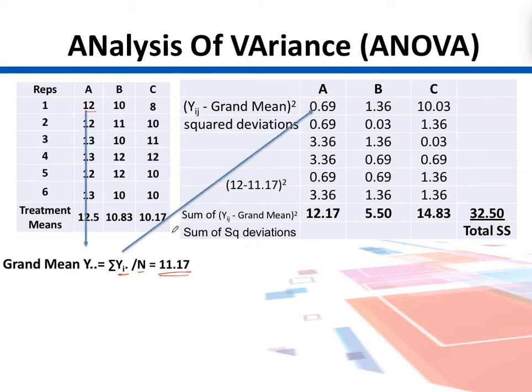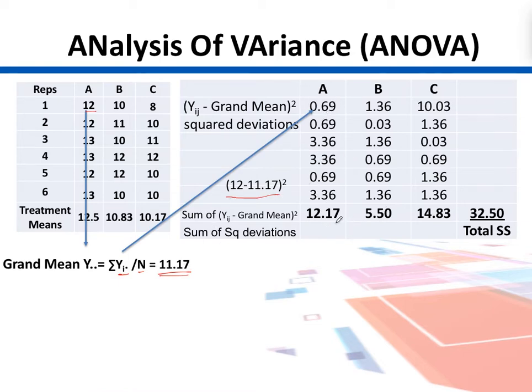So we calculate the deviation of each of those observations from this grand mean. So how 12 varies from this 11.17, and then we put it here. And since we already proved that the sum of the deviations is always 0, we take squares of these deviations. So this is the sum of squared deviations, the whole term which we are actually calculating. We are taking those squared deviations for all those 18 numbers, 6 here, 6 here, 6 here, 18 of them in total, from the grand mean, 11.17.